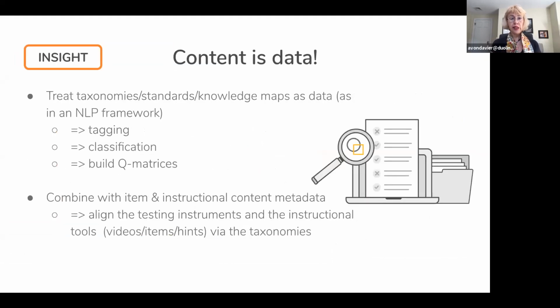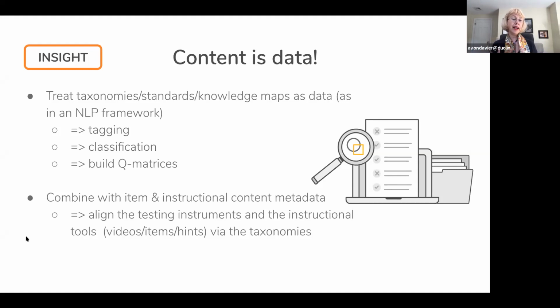One of the insights that in the past few years I've been talking more about, and we also have a paper on what we call the data cube, is the idea that in assessment, in the process of developing items and thinking about aligning the content needed with taxonomies and different levels of abilities and with the student responses, we need to think of the content as data and treat it as data. Taxonomy standards and knowledge maps become data in this framework, and that makes our life so much easier because